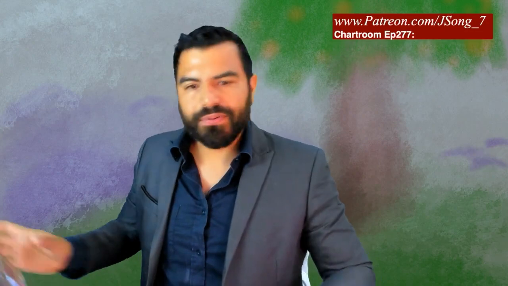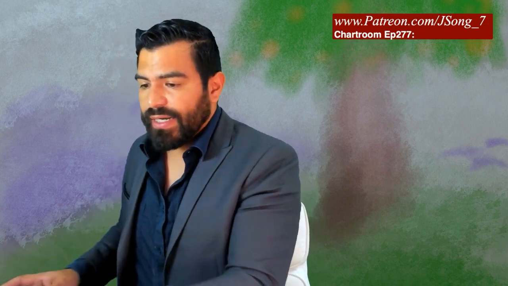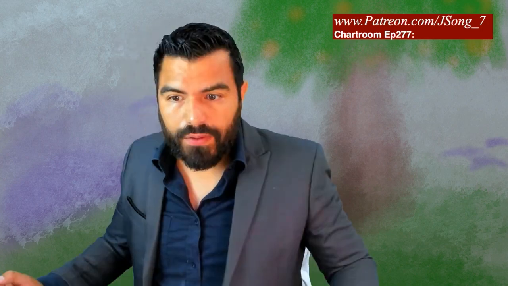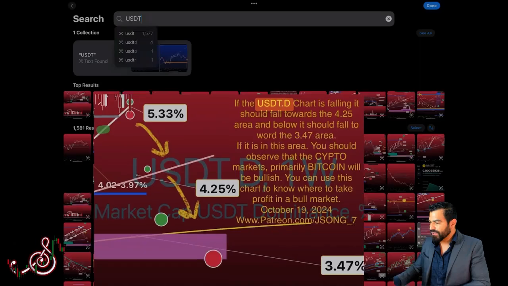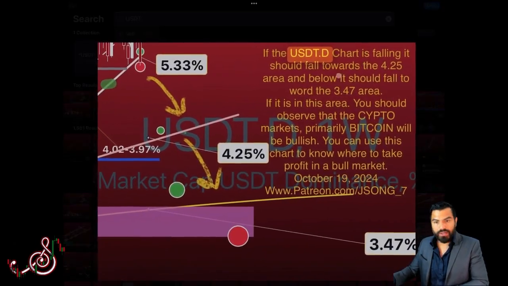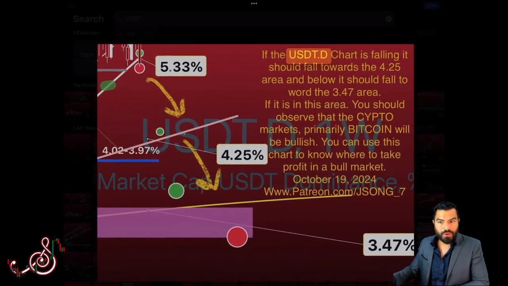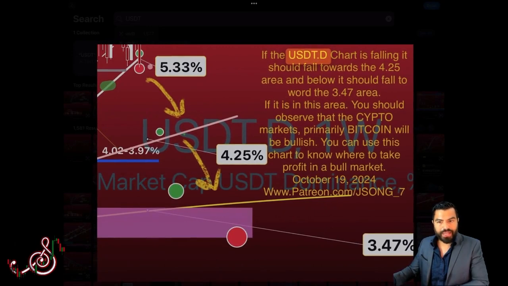Okay. Now I'm going to pull these up just to catch you up on USDT.D, and we're going to continue because I had a dream and I need to share with you the primary vision that I have in my dream. All right, the first chart is just a reminder of these angles for the USDT.D chart. I told you guys if this chart is following, back when we were at 5.3%, I told you there would be two bullish runs on crypto.